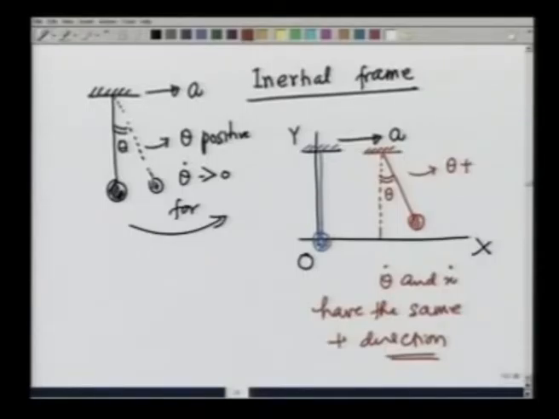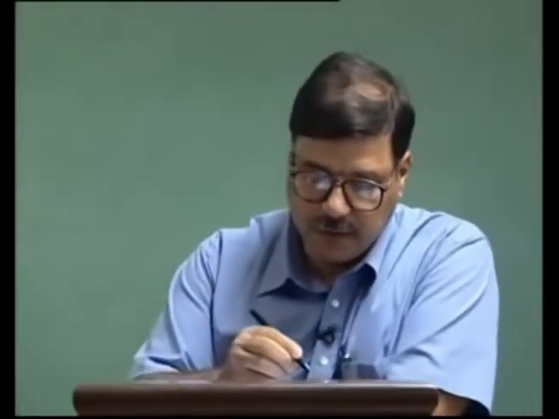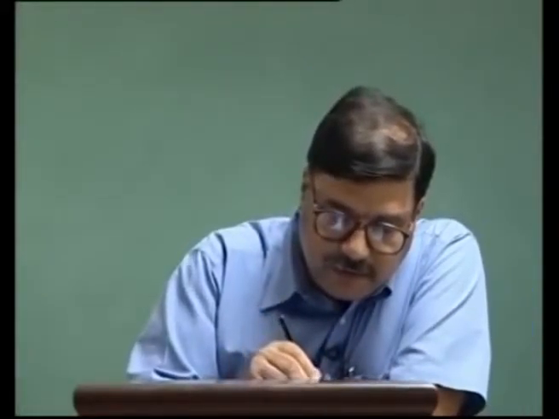Let me write for the bob position its coordinates as xb and yb, and for the support let me write x and y. So, let me make this picture once more. What we have is this frame at t equal to 0. This is the way the pendulum is, and after time t, the base has moved here, the pendulum has moved this way by an angle